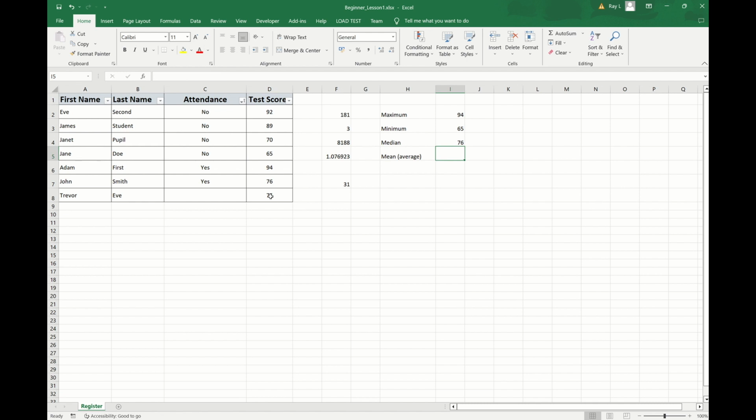And there we go, 76, just as we saw before when we did have them sorted in order. And the last one is the arithmetic average or mean, which again is going to add up the entire range and divide it by the number of items in the range. And for this we use the formula equals average, open parentheses, select our range once again, close the brackets and press enter. So this is now adding up all of the numbers and dividing it by the number of items